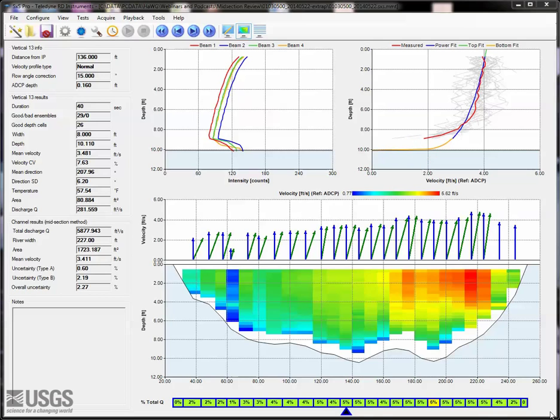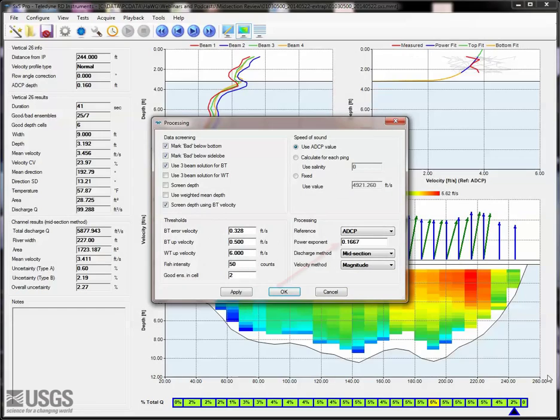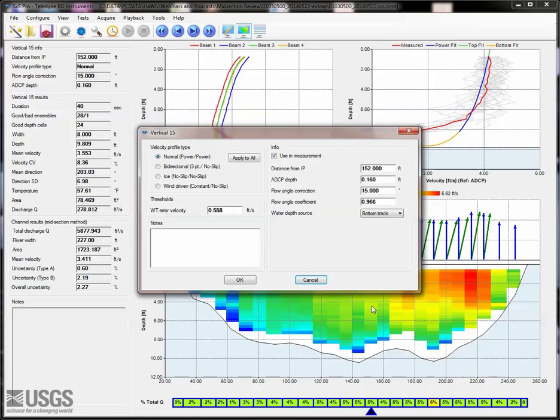If a change in slope to the measured data will help align the extrapolation, it may be as simple as increasing or decreasing the exponent. A lower exponent will cause a vertical profile due to a smoother bed, while a higher exponent will flatten the profile due to a rougher bed. The power exponent is changed for the entire measurement in the processing dialog. If the exponent alone doesn't allow a proper fit, you might need to change the method as well. The method can be changed for each individual vertical when appropriate.